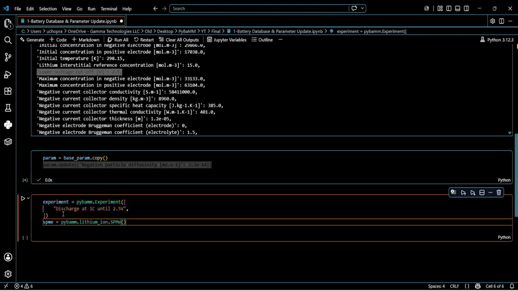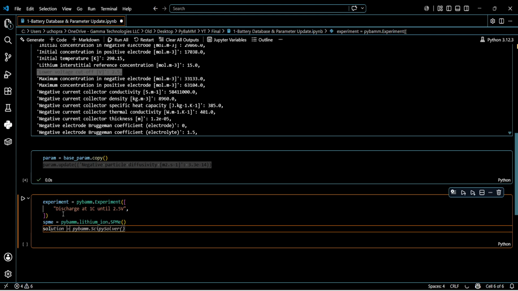And now we will be creating solutions, but before that, let's understand how the setup works. So we are basically trying to run two separate simulations, one with the base parameter, the other one with the updated parameter, and then finally we'll compare the voltage curve. So for that, we'll have to create